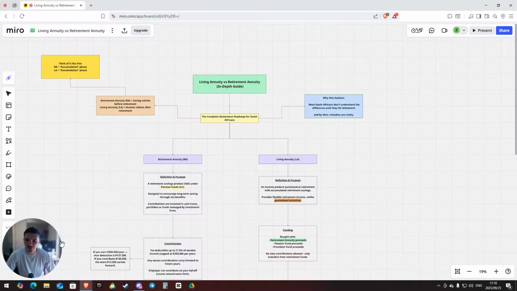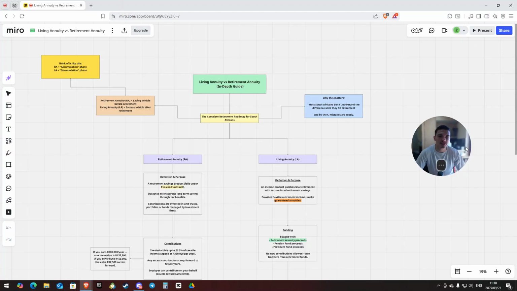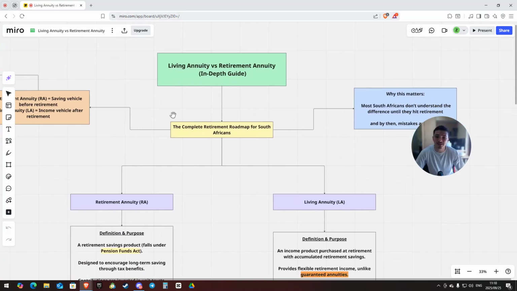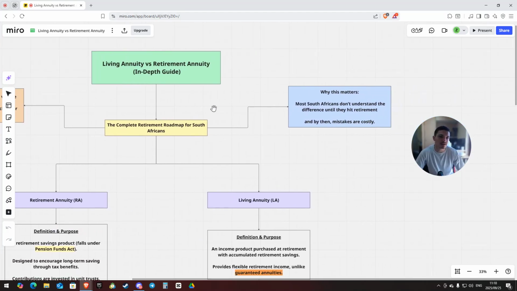Guys, if you're a South African and you haven't quite planned for retirement yet, please take a look at this. This is information taken directly out of the Millpark study guide, and I'm going to be showing you the exact difference between a living annuity and a retirement annuity. This is going to be a complete roadmap for you, and the reason it's important is that most South Africans don't understand the difference until they hit retirement, and by then they're already going to be making